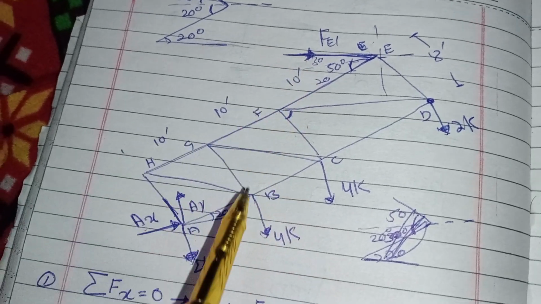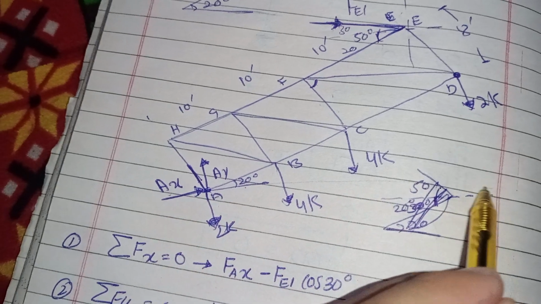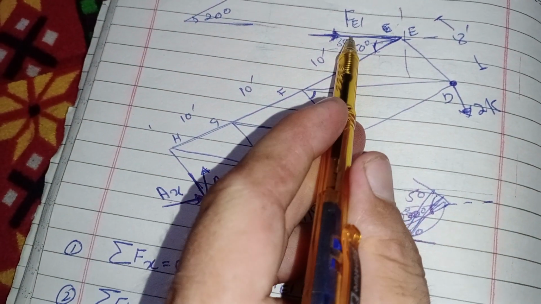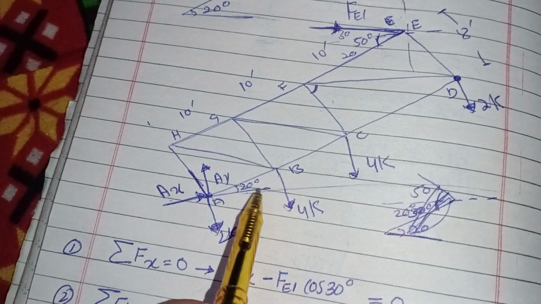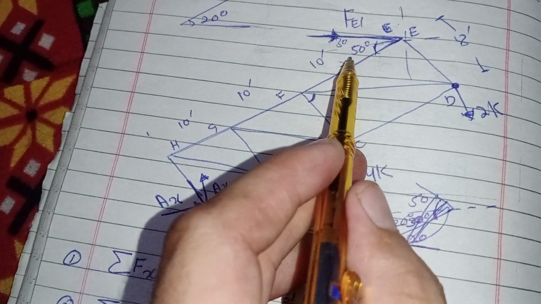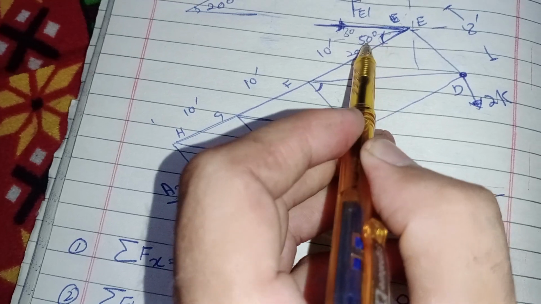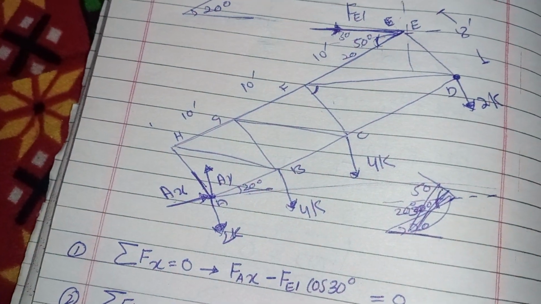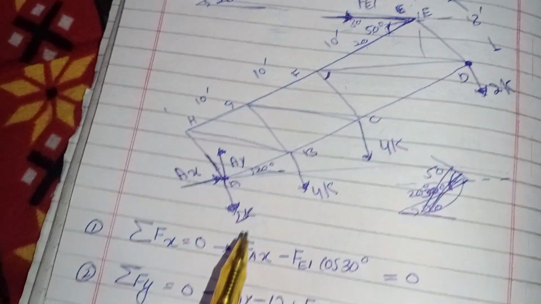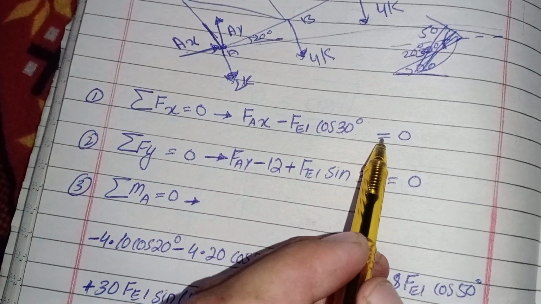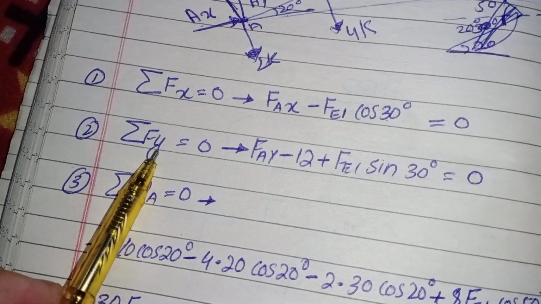rises from the horizontal axis. From this point and the horizontal axis, this cable rises at 30 degrees, not 50 degrees, because the 20 degrees and 20 degrees cancel out and the 30 degrees remain up from this horizontal axis. So this is FEI cos 30 degrees equal to 0, and the second equation is the summation of all vertical forces equal